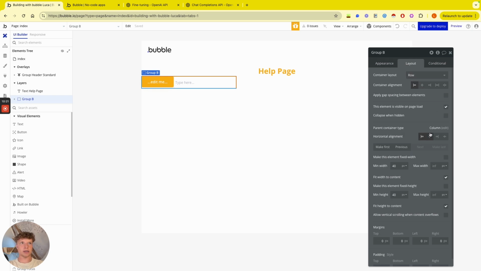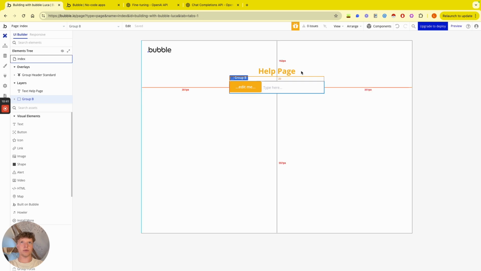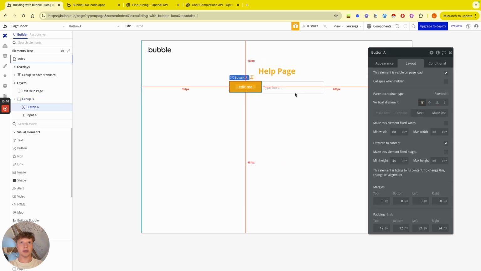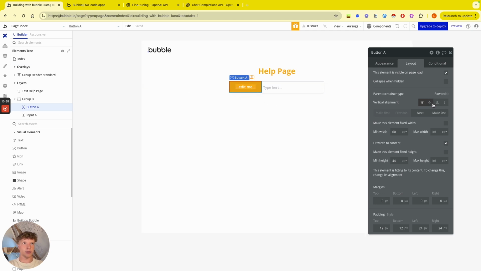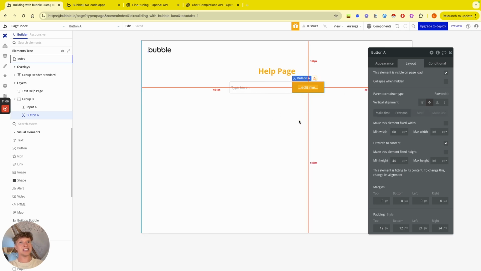We're gonna center this new container in the middle. Let's add 20 pixels on the top, so it's far away from our title. And then if we click into our container onto our button, we can vertically align that in the middle. And then if you click next here, we can put it on the right because that is kind of standard